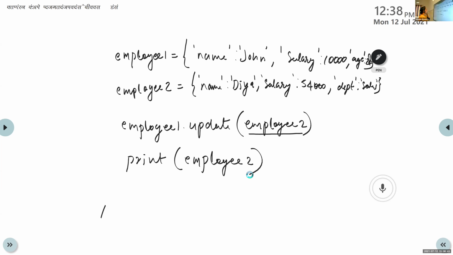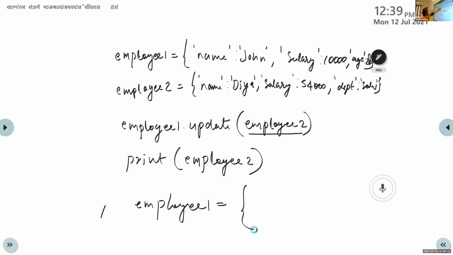So employee2 is displayed the same as at creation time. After that, employee1 is updated. In employee1, the values are replaced with the employee2 values. Here the name key is there, with value John.